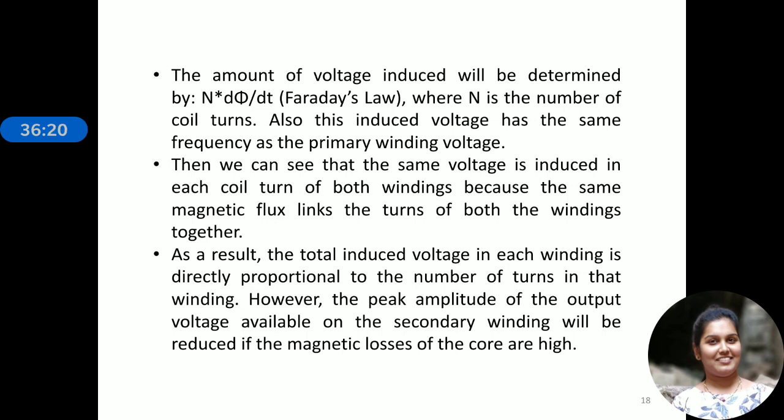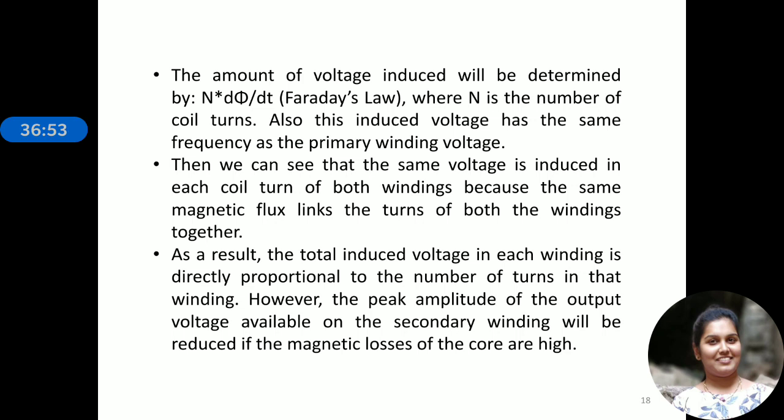So assuming we have a transformer, if we want to make the primary coil produce a stronger magnetic field to overcome the core magnetic losses, we can either send a larger current through the coil, or keep the same current flowing and instead increase the number of coil turns of the winding, that is, the primary coil turns. The product of current and turns is called ampere turns, which determines the magnetizing force of the coil.